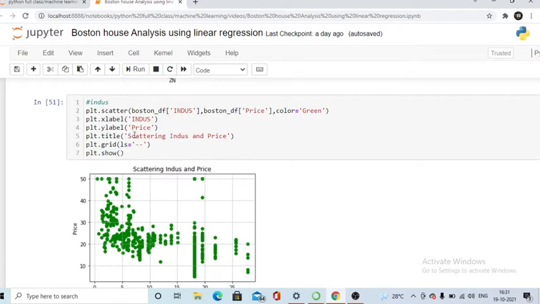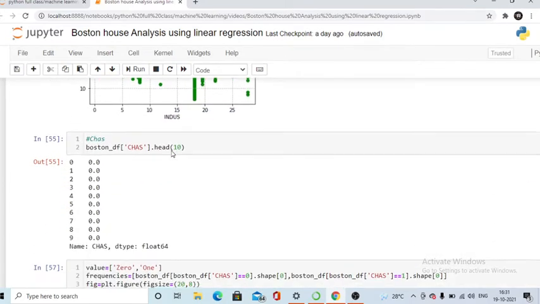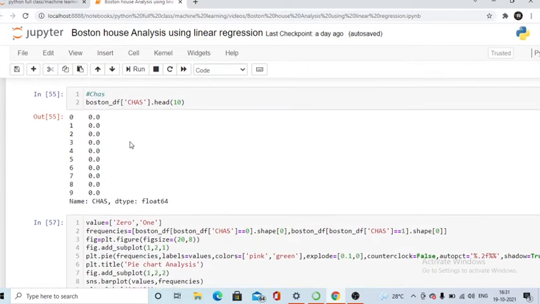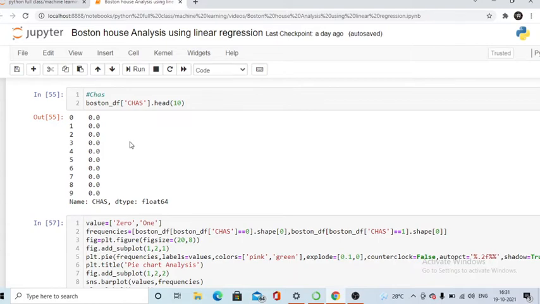What next I have done here, I just simply explained my INDUS feature with the price. So this is my result. Similarly you can do CHAS also. Here you can see in the CHAS, this is basically the Charles River dummy, that is the house which is very near to the river. So suppose we are going to buy some house in some place, and if we also get river transportation, then it is one of our benefits. And when we get such a benefit, definitely the price of that house will be more. Okay, so it is based on that.